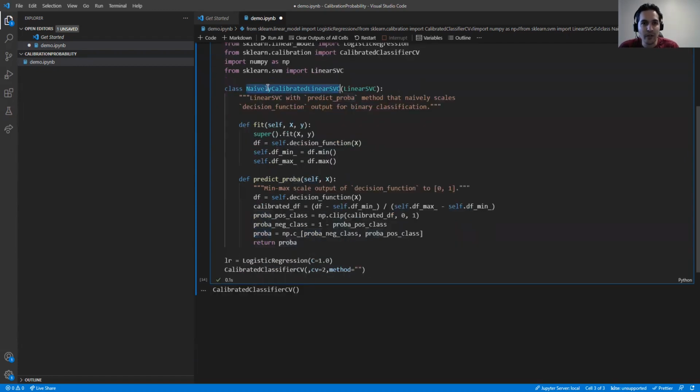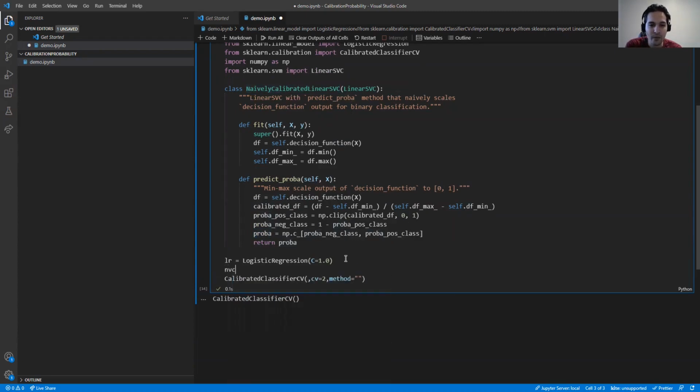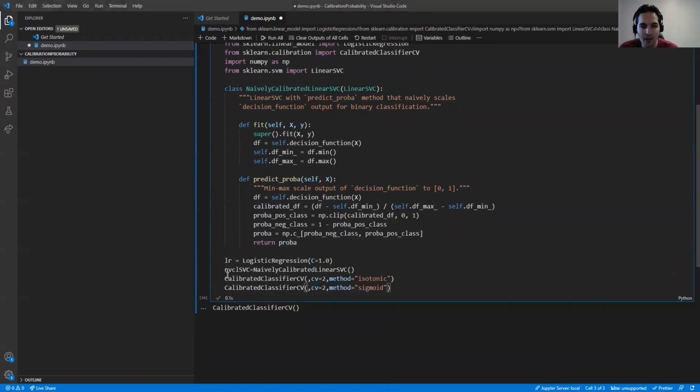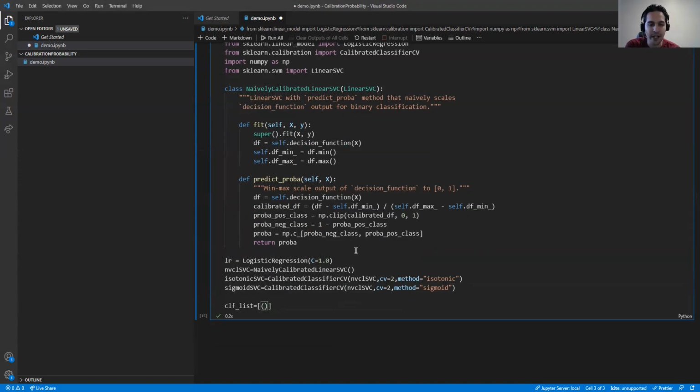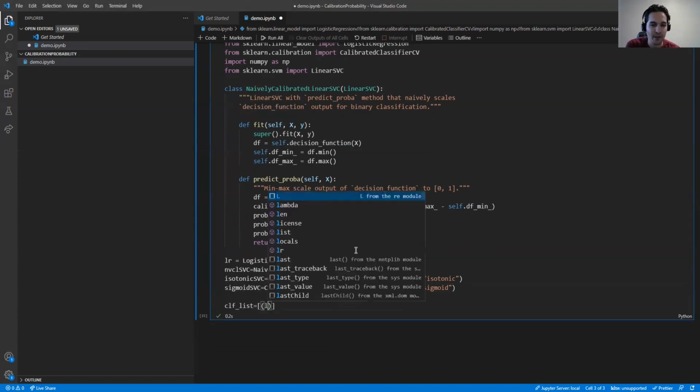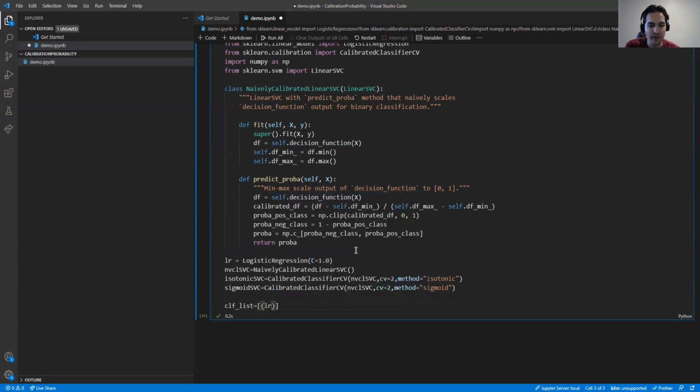What we want to do is, here we can have the NaivelyCalibratedSVC. So we can use that to be calibrated by these 2 methods, and we can call them isotonic SVC and sigmoid SVC. And because we have 4 different classifiers, we can put them in a list. It can be a tuple with their names and the classifier. So this is a logistic regression, and the name is logistic regression. So we have this list,